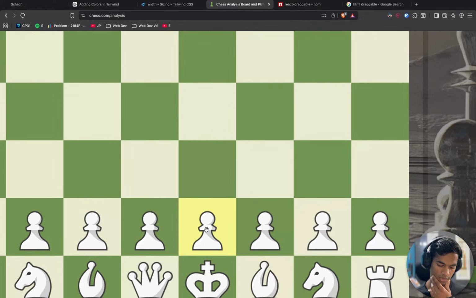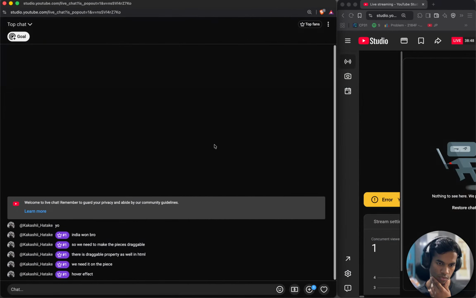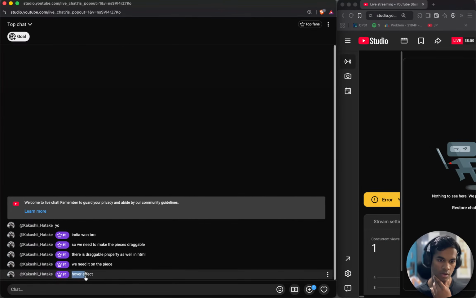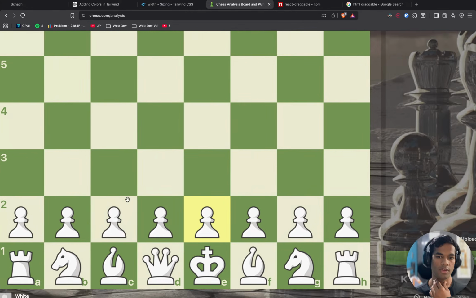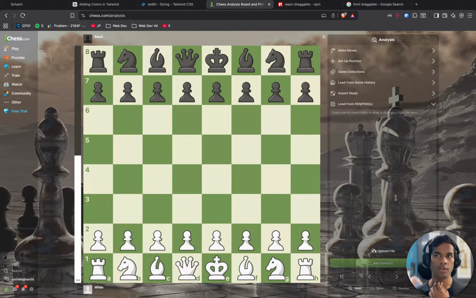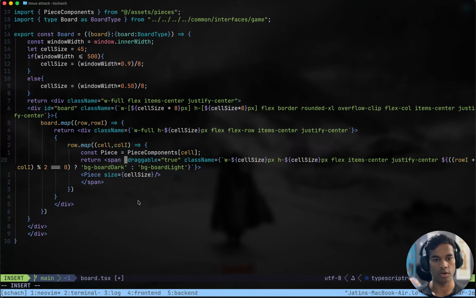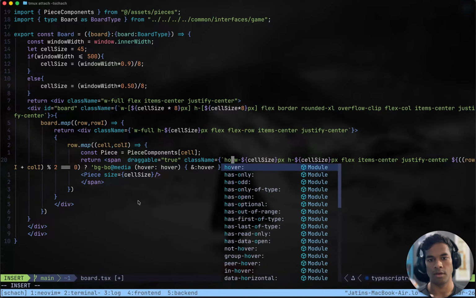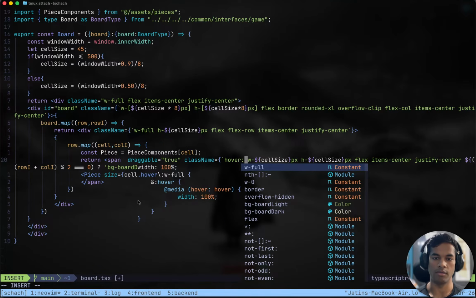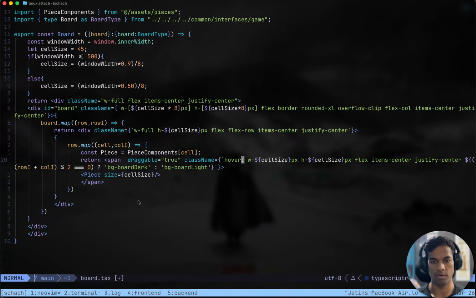Or is there something else we can do? Yep, hover effect, but we need to know which cell we are in. Hover effect is a local effect. Let's say on hover, change the background to the opposite of whatever it is normally.